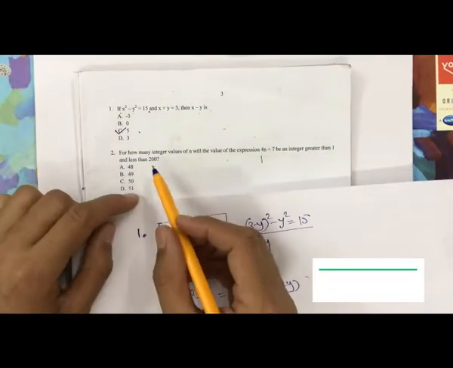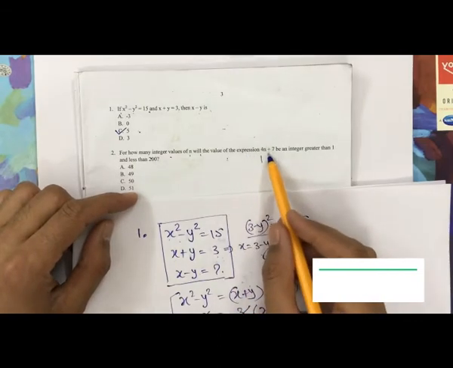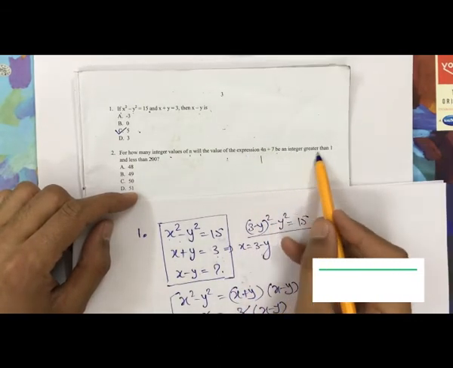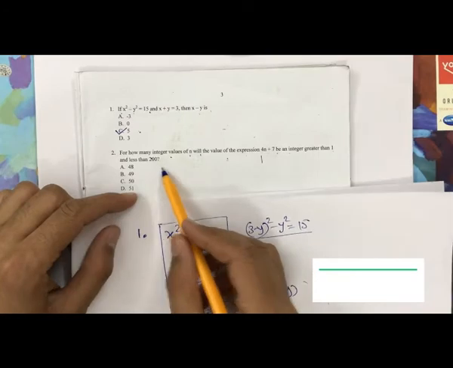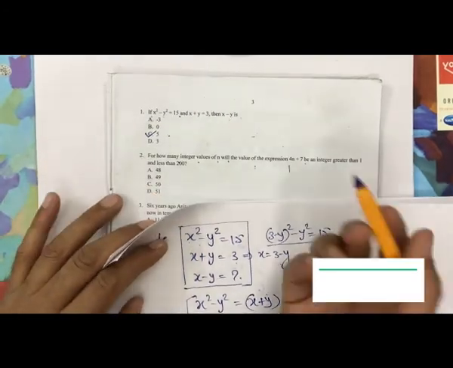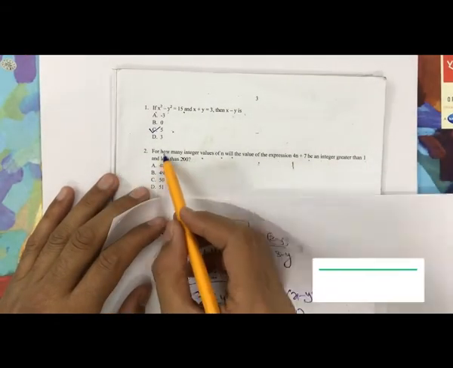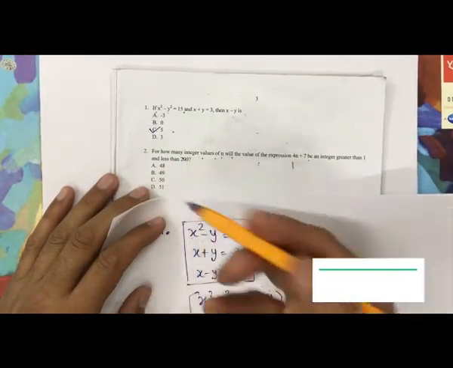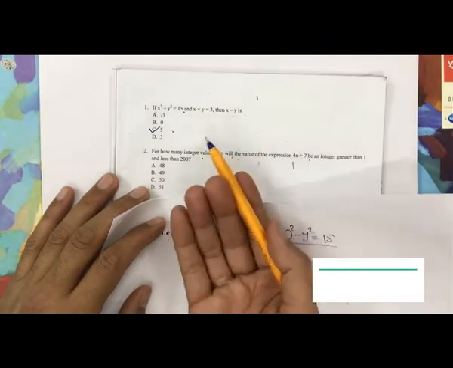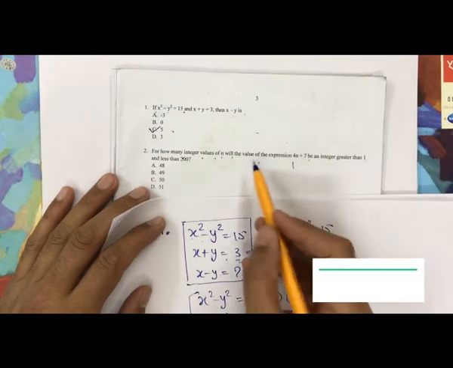आ जाएगा। अब जैसा आपसे क्या कह रहा है, for how many integer values of n will the value of the expression 4n plus 7 be an integer greater than 1 and less than 200? तो मैं अक्सर यही कहता हूँ क्वेश्चंस में भी कि आप लैंग्वेज से जाया कीजिए, वर्ड बाय वर्ड। For how many integer values, इंटीग्रल वैल्यूज चाहिए। Integer means either plus और minus और zero, कंप्लीट वैल्यू 1 2 3, फ्रैक्शंस नहीं होता।